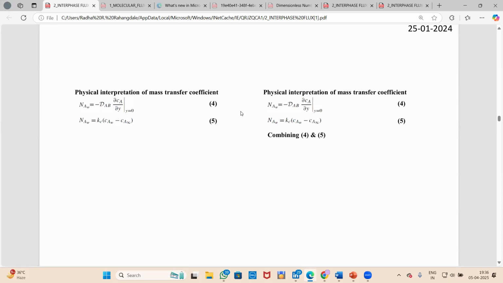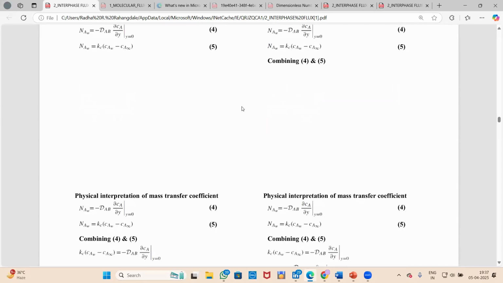So, physical interpretation of mass transfer coefficient, in which Fick's first law, which tells us about the flux, N_AW is equal to minus D_AB into dCA by dy at y equals 0, and N_AW is equal to Kc into (CW minus C infinity). This is your rate equation, and the above one, minus D_AB into dCA by dy, is your Fick's first law. Both equations will give you the flux. So simply we have equated them and we get